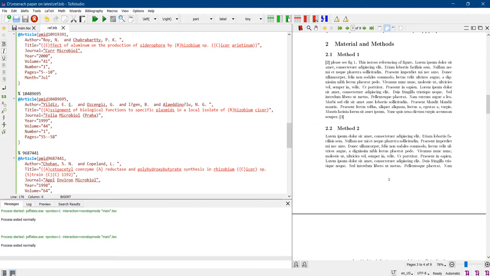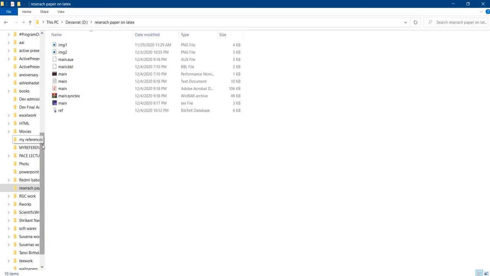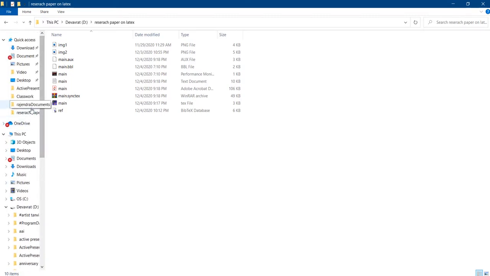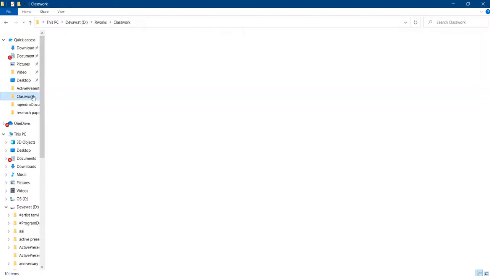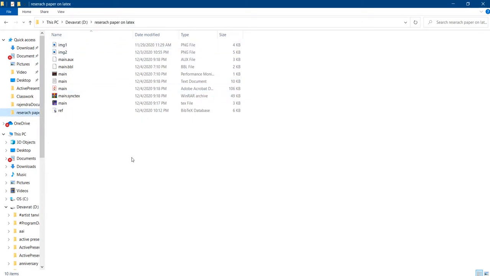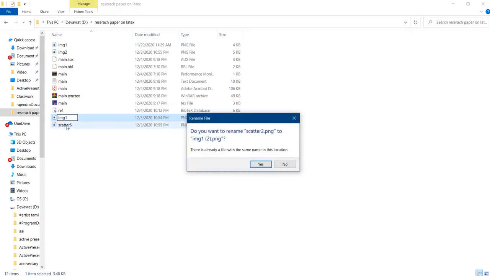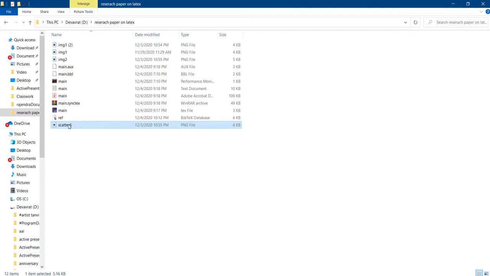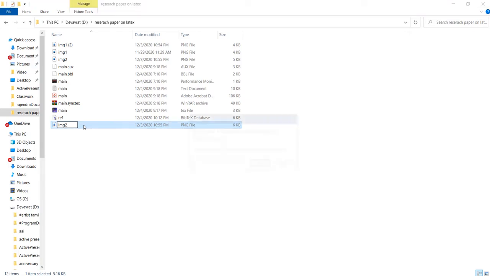Then we'll go to the figures which are required, and I have saved those figures in this classwork folder. Scatter 6, scatter 2, these two figures we will copy, and paste into our research paper directory, and I will call these figures img1. img1 is already there, and I will call this img2 also, and it is already there.